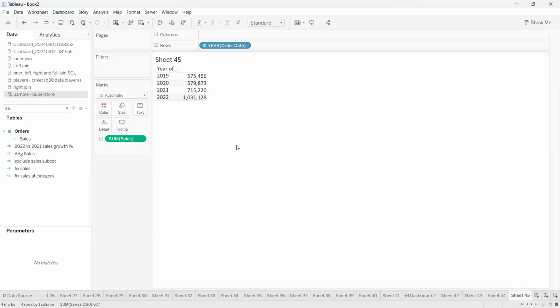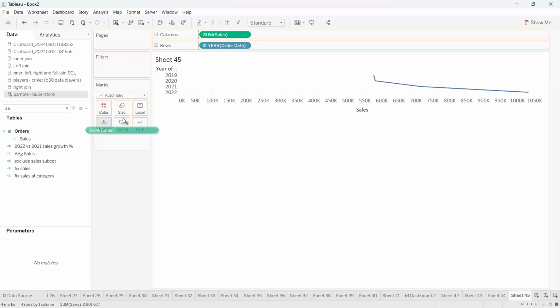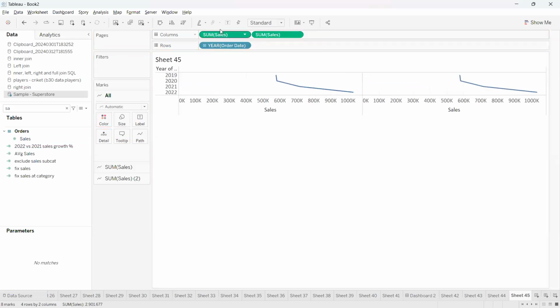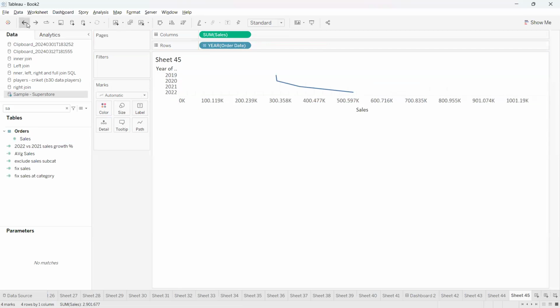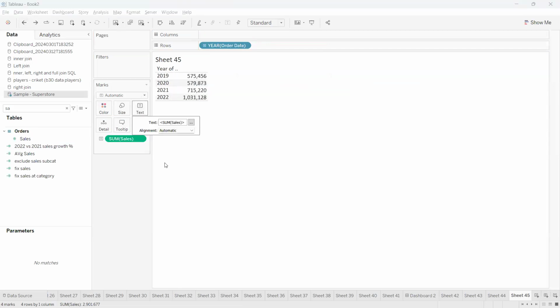Now you see in Tableau what is happening is, if you try to drag the sales one more time into the text here, it will not take. Why? Because if you try to drag the same sum of sales two times into the marks card, into the same text, it will not take. But if you try to drag the same sum of sales two times into the column shelf, it will take. Because of that reason, what we sometimes do in real time is,